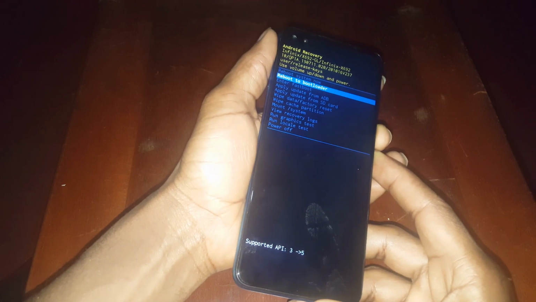When you reach this step, let me focus a bit. You're going to go to wipe cache partition, but to navigate you're going to use the volume down key and volume up key, then the power key to accept changes. So I'm going to click down